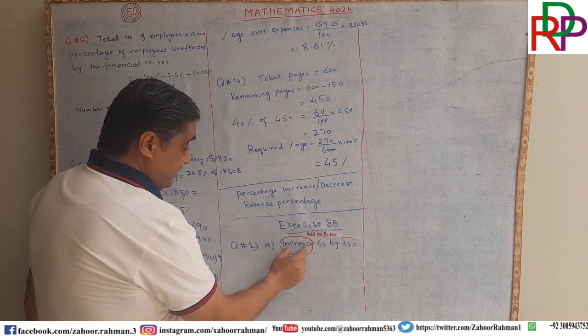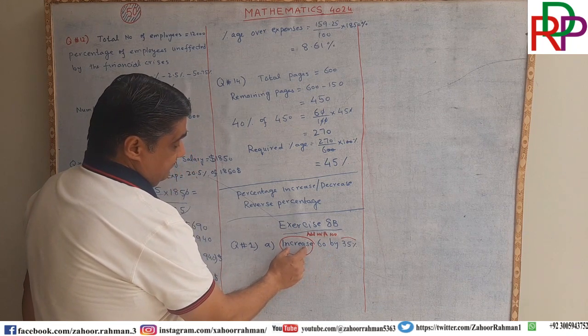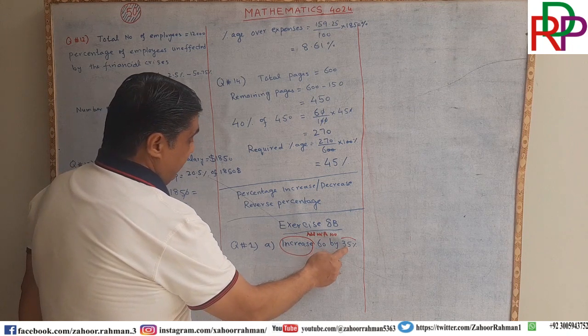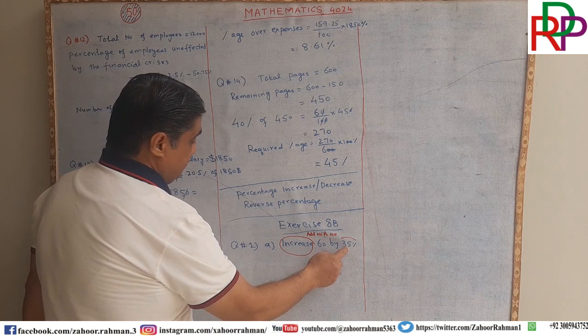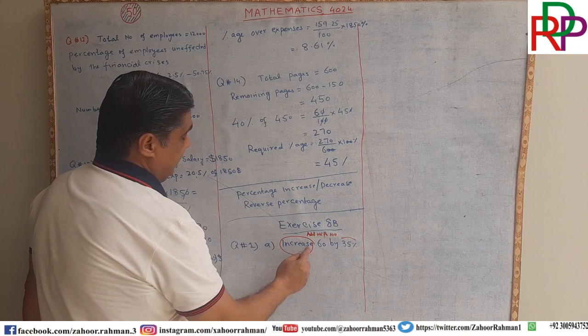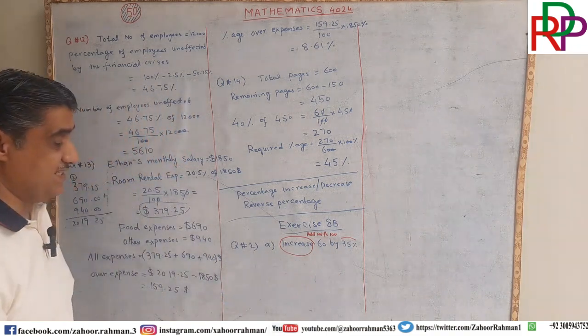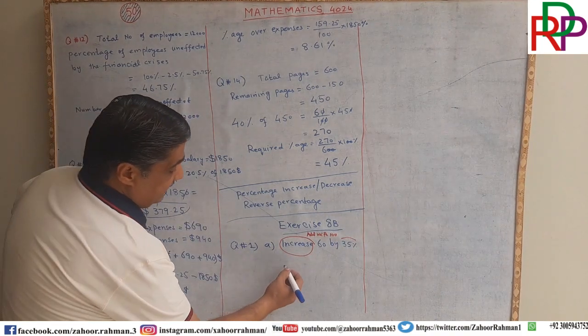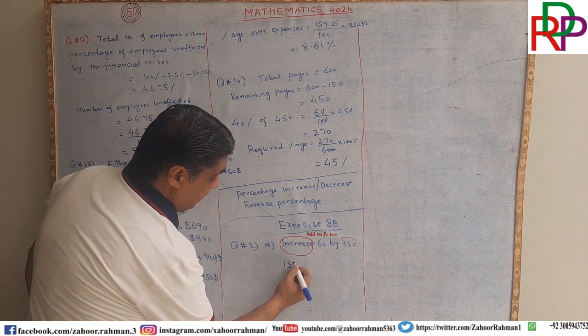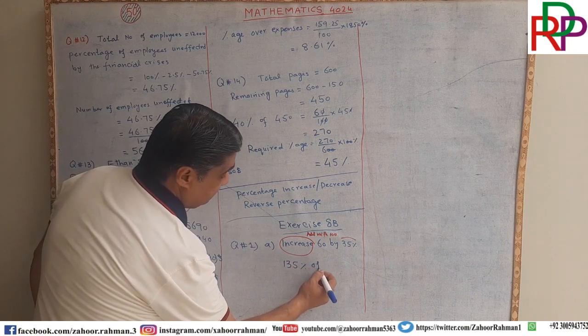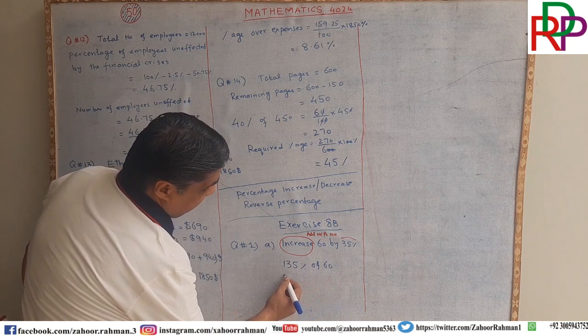So if the word increase is written, then you have to add this 35 to that 100 and find the value of this. In this case, we are finding 135% of 60, and